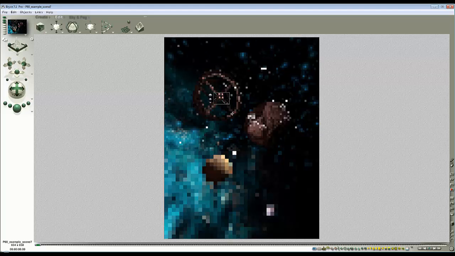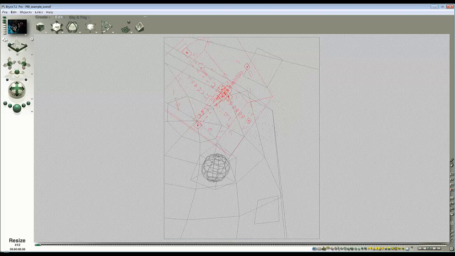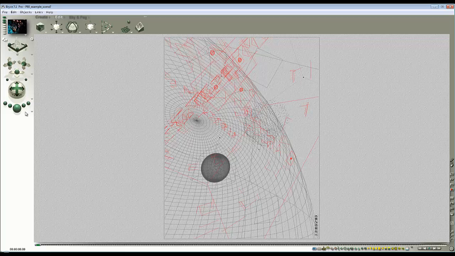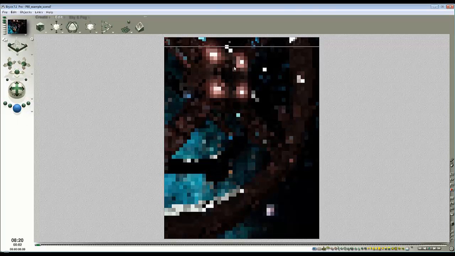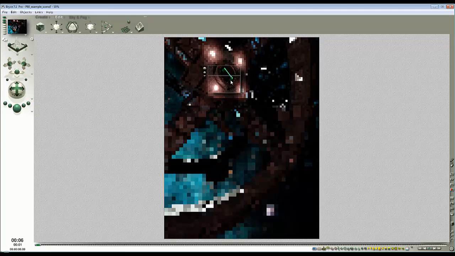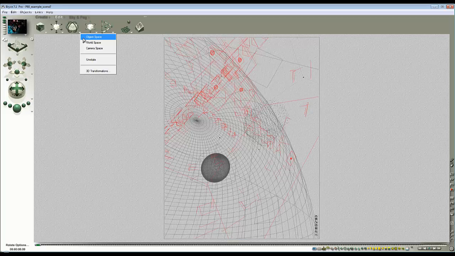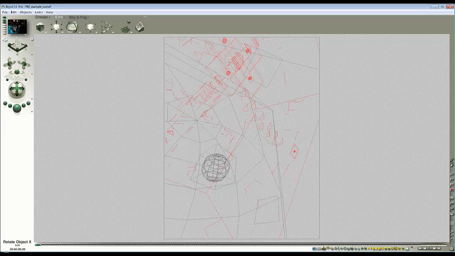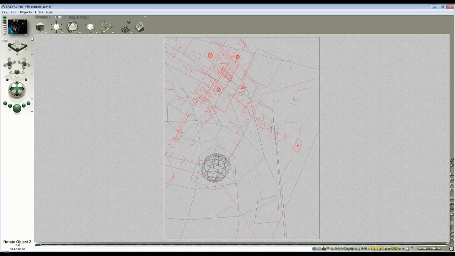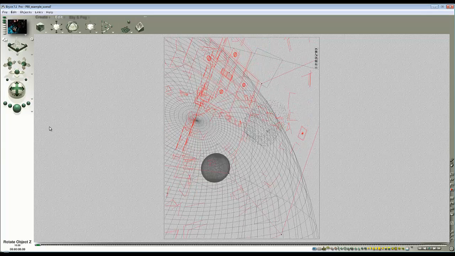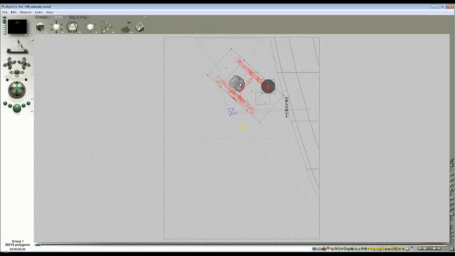So what I really want is to have this space station being quite a large feature in the sky, so I can see the effect I've made, and then there's this lit up area just inside that I've added. Use object space and see if I can rotate it. Oops, not along that axis. Use Ctrl Z to go back, so rotate my station a bit,